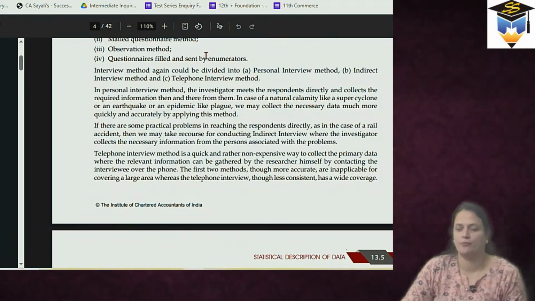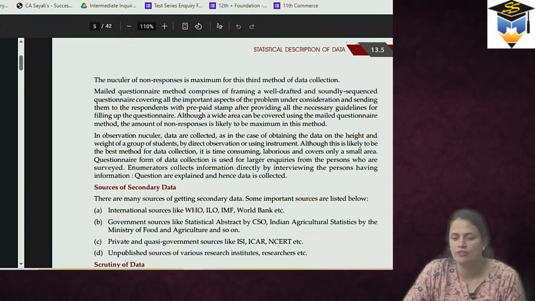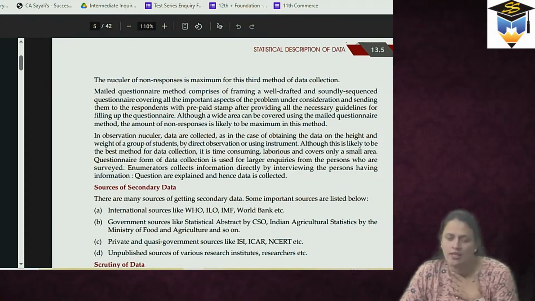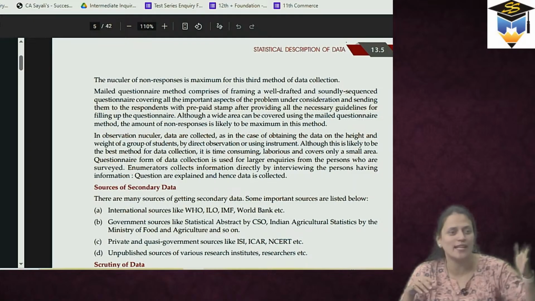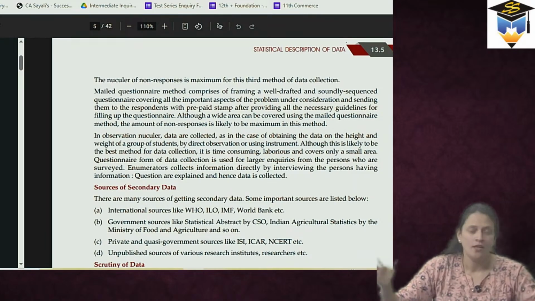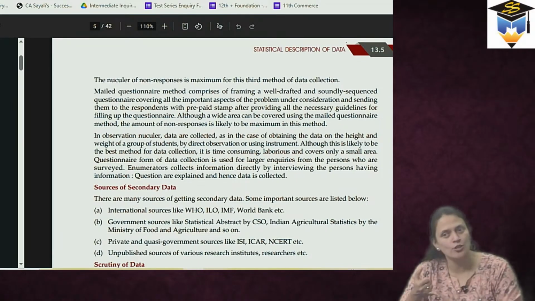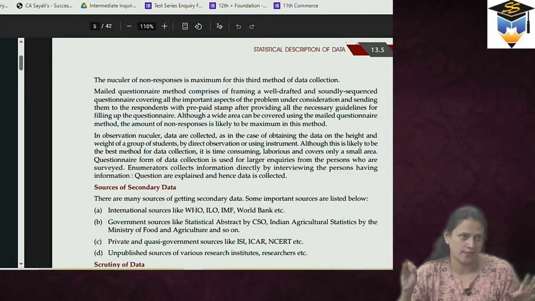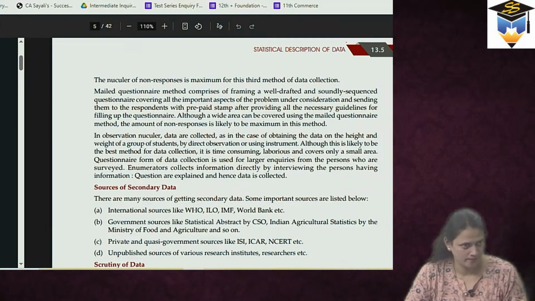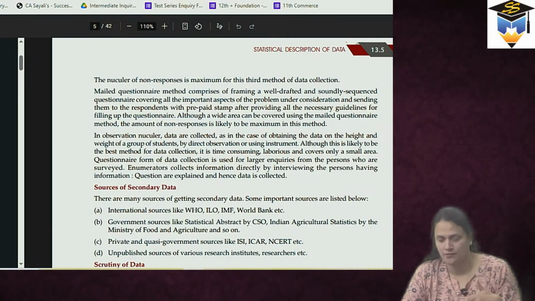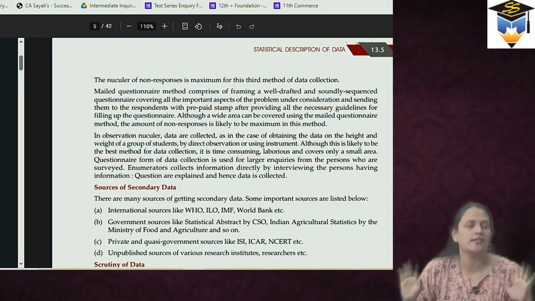Okay. Then the third method is the observation method. So the observation method, as you all know, if we observe, let's say I am a teacher, I am going to observe the height and weight of students, let's say from standard 6 to standard 10th. Now, when I want to see this particular thing, I know that height is going to increase as well as weight, but not for all children. A few children will gain weight. A few children will gain height. Okay. So by observation, I will categorize the data correctly.